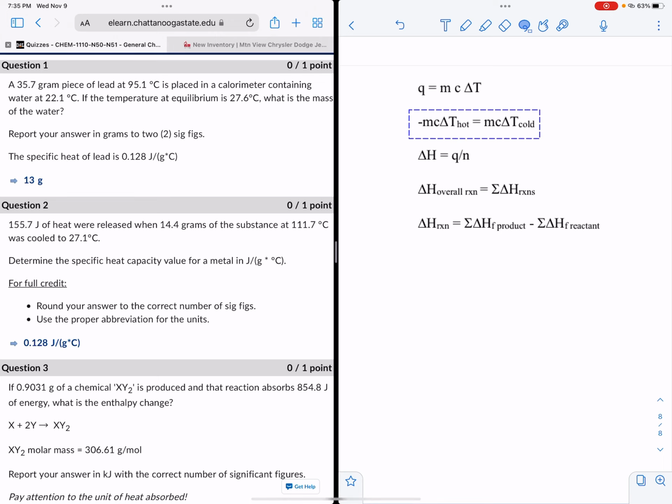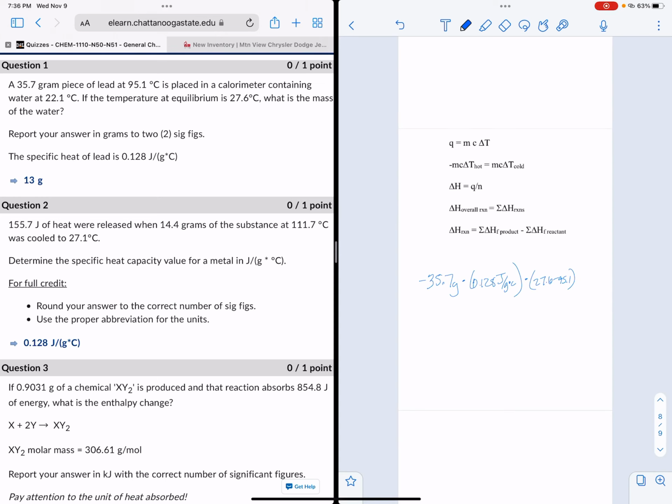I need to make sure I put the negative number with my higher temperature. So negative 35.7 grams times, it gives me lead a little bit further down, 0.128 joules per gram degrees Celsius, times ΔT, so that's T final, which is the equilibrium temperature, minus T initial, which was that 95.1. So that